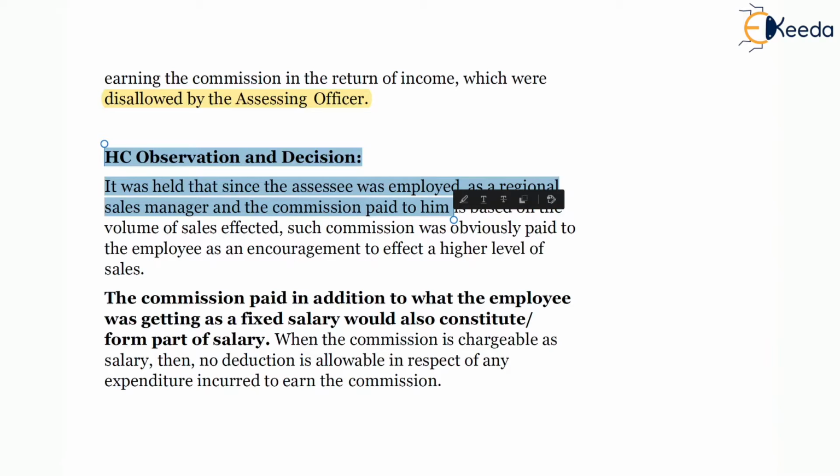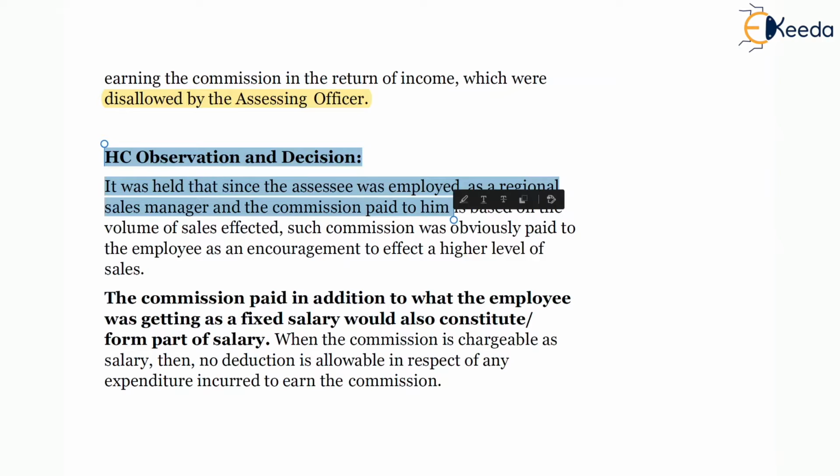So he's a salaried employee. He's receiving a salary, and salary is paid by the employer, and as well as the commission is paid by the employer if certain conditions are satisfied. So here the payment is by the employer to the employee out of the employer and employee relationship.